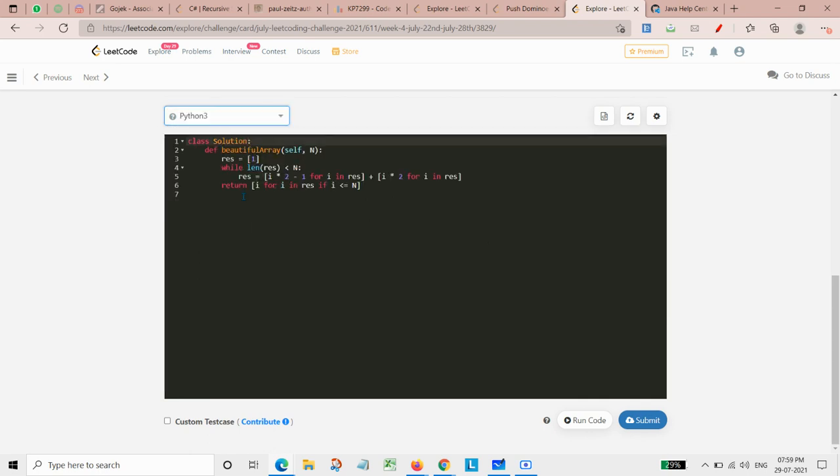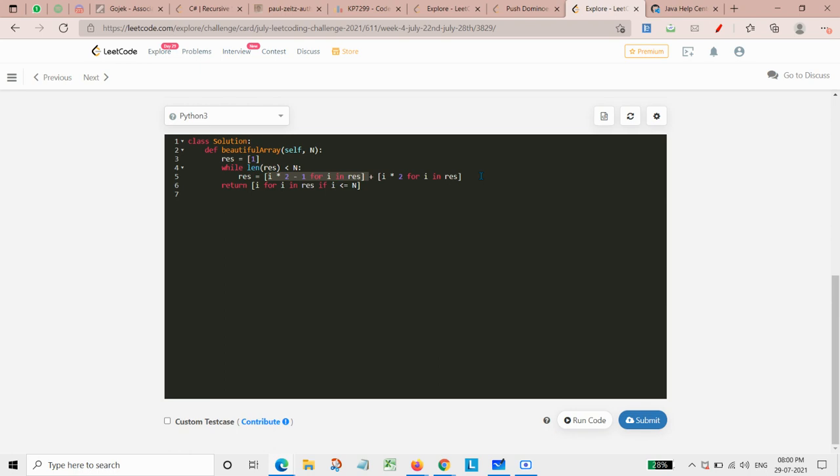Now if we need to do it in Python, we simply need to again require a result vector or array list, basically a list. So we need to run a loop whose length is less than n, and then again we are putting the even elements and the odd elements into the result.